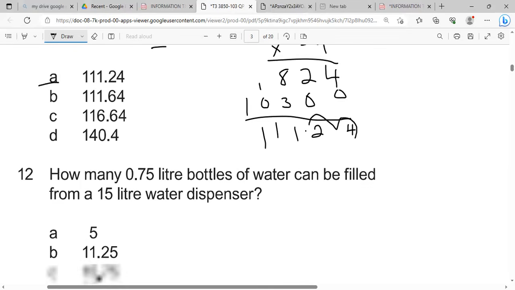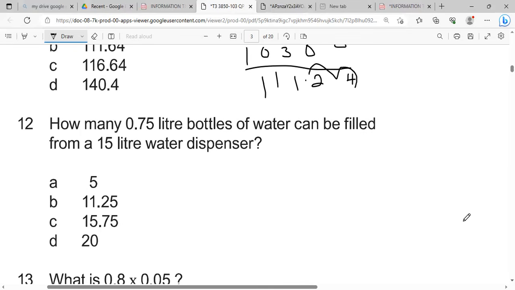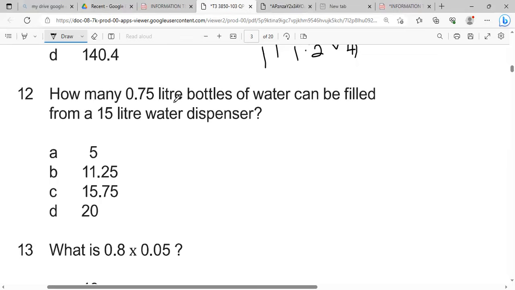All right, number 12 says, how many 0.75 liter bottles can be filled from a 15-liter dispenser? All right, so what we're going to do is change this, because we're dividing by this number. We're going to change it to a whole number. I'll show you. We're going to move 2 places to bring the decimal point here. So it becomes 75. And we do the same. So we have 15 rather. So we have to move 2 places. So this becomes 1500